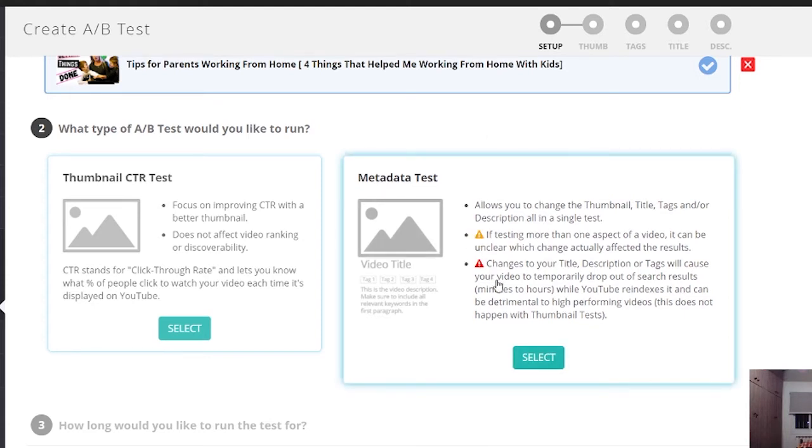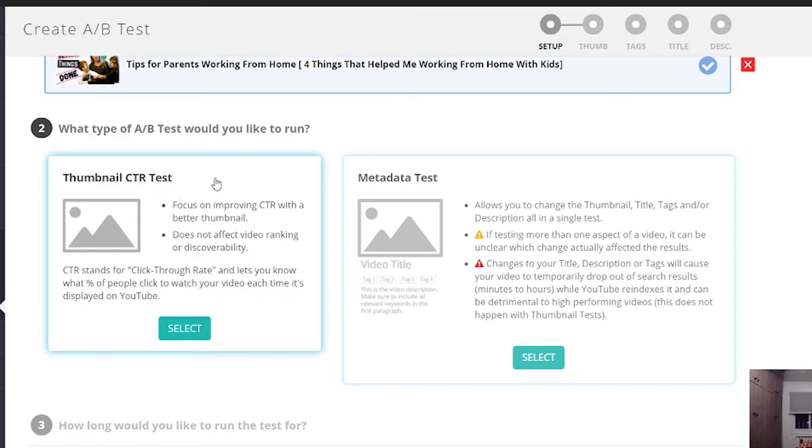I'm not recommending to change your metadata in any phase unless your video is really poorly performing for a long time and there's nothing else that can save this video. Maybe then you should consider changing your metadata, but in any other case, you can change your thumbnail, but don't touch your metadata. Just my opinion.